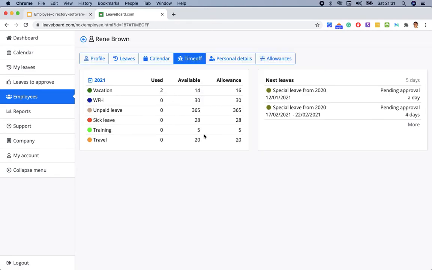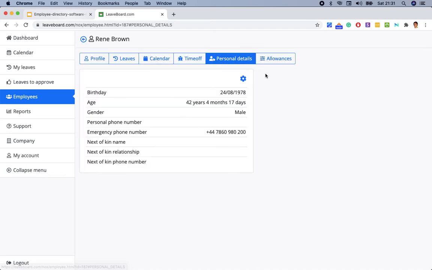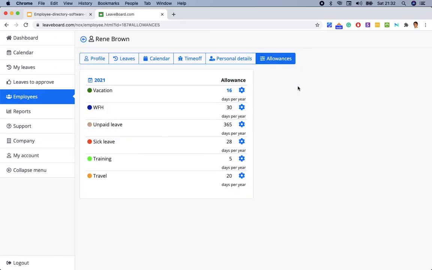You have a balance of absence, what your next leaves are for each employee. And it's very important to have more granular details, like birthday and emergency contacts. This also helps with compliance, and a very interesting functionality is the possibility to control and adjust allowances, of course, as an administrator, because not all the employees have access to such